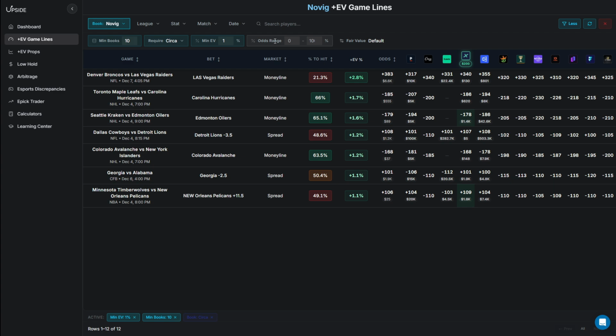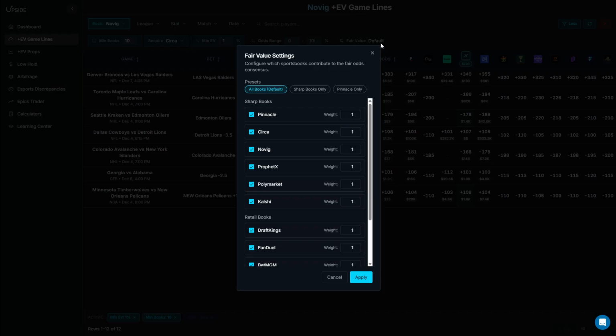You can also filter by percent odds range. And this is actually quite possibly the coolest new filter that we just added. And this is the fair value filter. Now, if I click on this, you guys will see the fair value settings, and you now have the ability